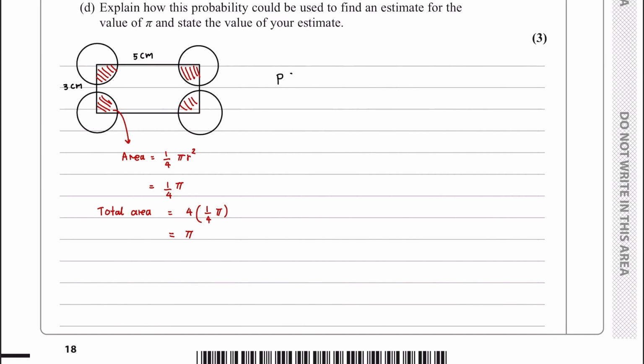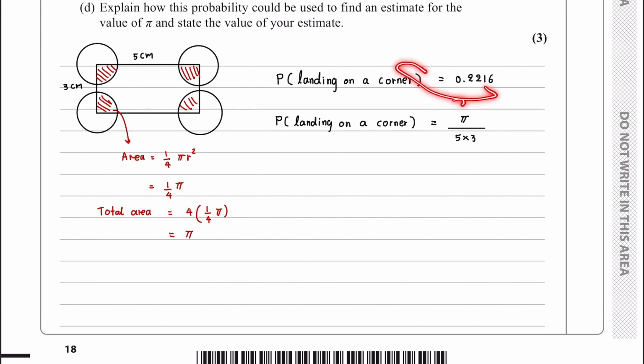The probability of landing on a corner is 0.2216. And according to this diagram, the probability of landing on a corner is pi over the area of the grid, which is 5 times 3, which is 15. Since these two terms are the same, we can equate them. Pi over 15 equals 0.2216. So that means pi will be 0.2216 times 15, which is